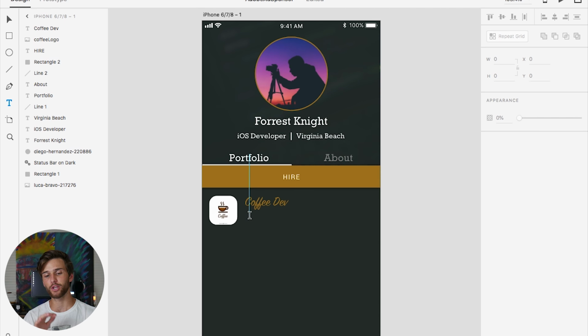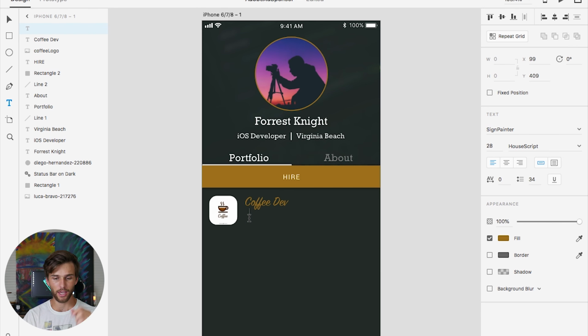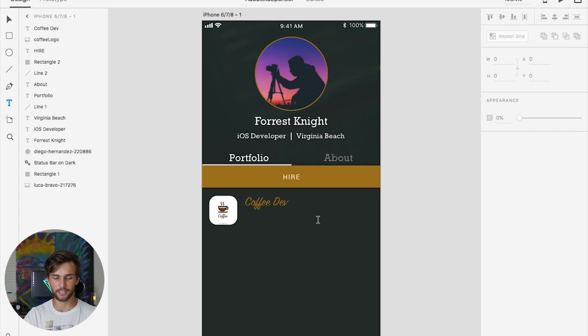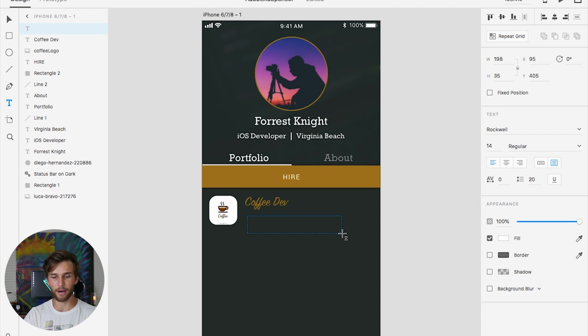So now we want to have a little bit of a description with this, and that's going to be more text. But this text is going to be a little bit different. Instead of just typing and saying, sharing your apps with people, whatever, which actually I want to change this font before we go on and change this back to white. What we're going to do is delete that and click and drag a box, something that would be like 2 layers. And then we want to have our app description. So I don't know why I made it this, but I did in the demo, connecting you with hand selected